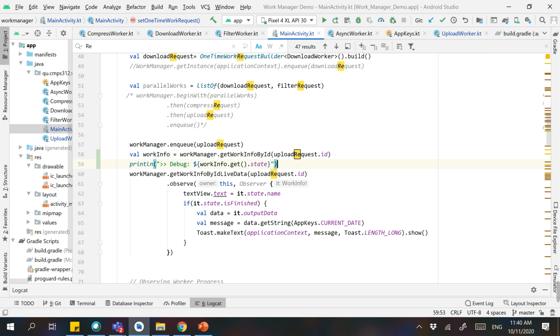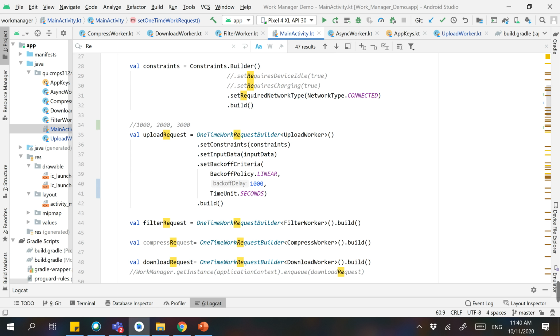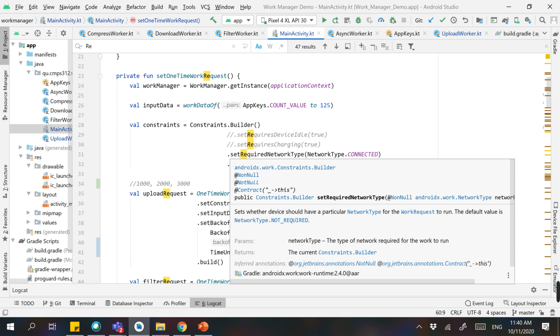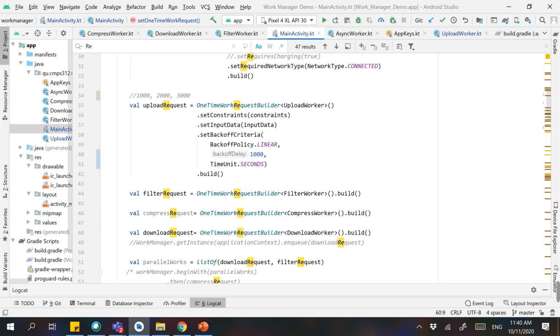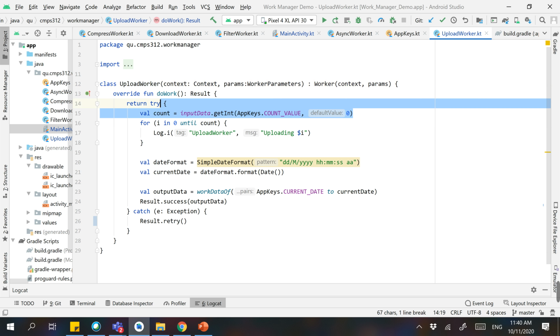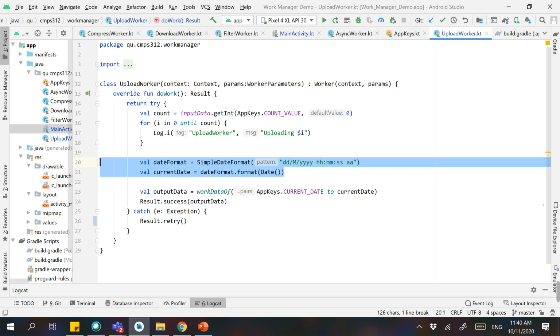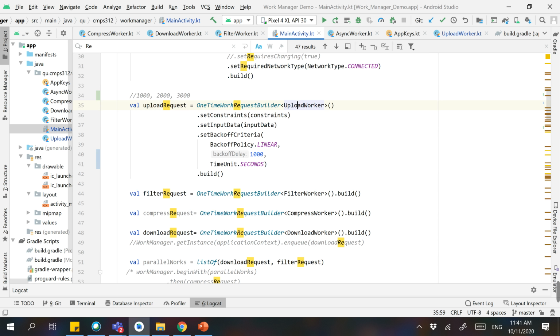Yes, very nice. So let us try this, by the way. I didn't get a chance to really work on this, so let me just quickly do this one. Here is my upload request. You can see it is simply getting this input, doing this loop, computing the current date and returning it. And if something goes wrong, it will retry. Now in my main app,